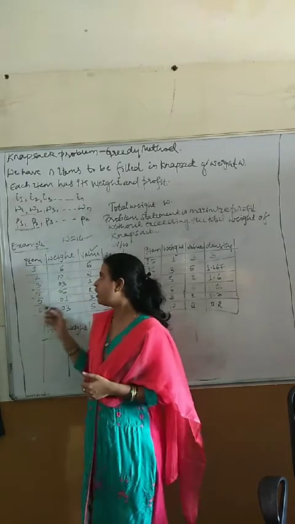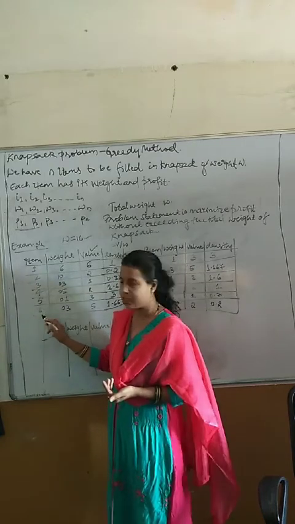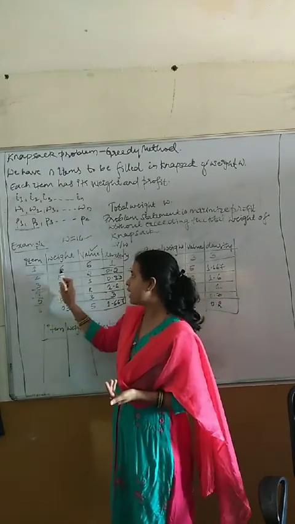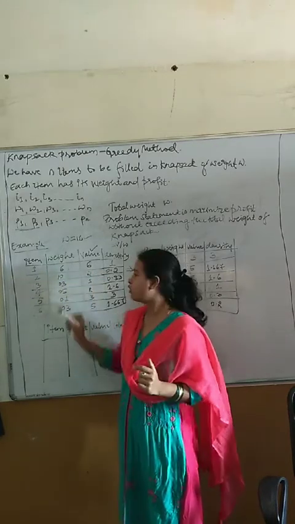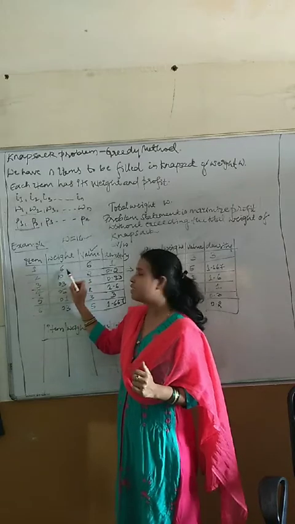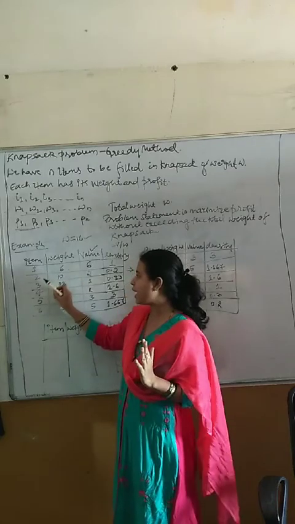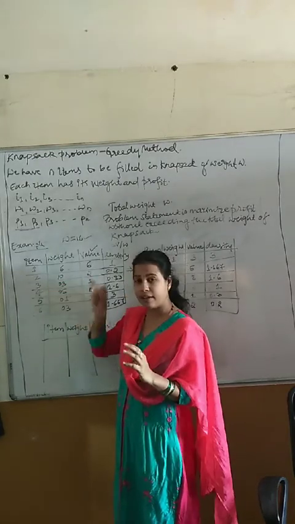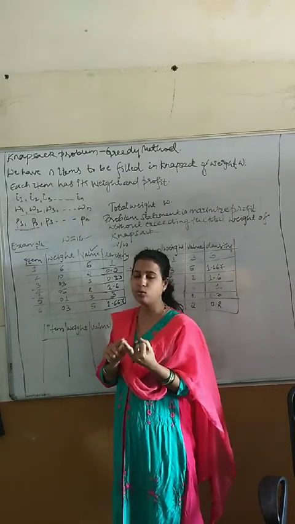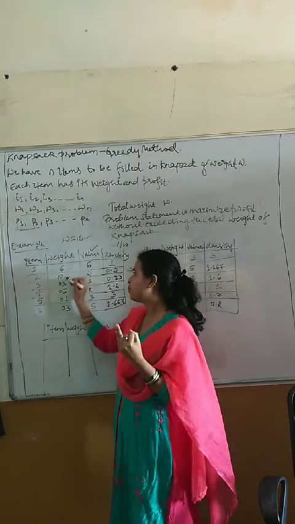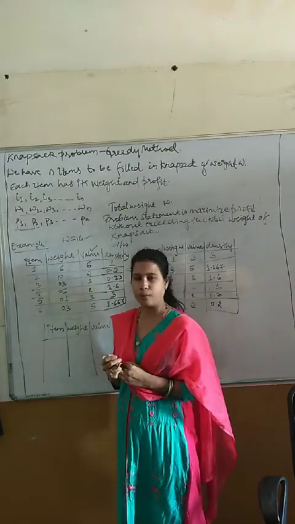Let us study this problem with the given example. Here we are given n items. Here our n is 6, so we are given 6 items. Each item has its own weight and its own value. Value means the profit. If you add item number 1, which has weight 6, you earn a total profit of 6. Then if you add item number 2 also, the total weight of the knapsack bag is 6 plus 10. What is the total profit you are gaining? 6 plus 2, that is 8.